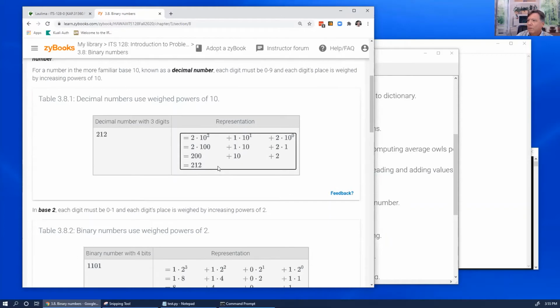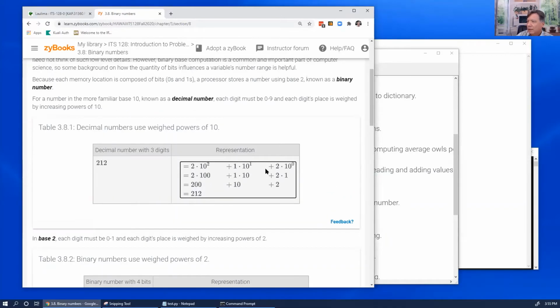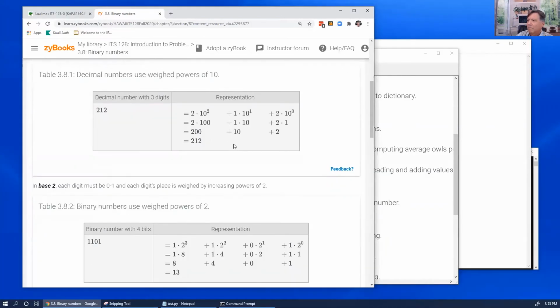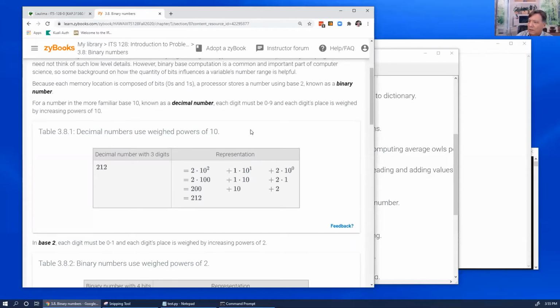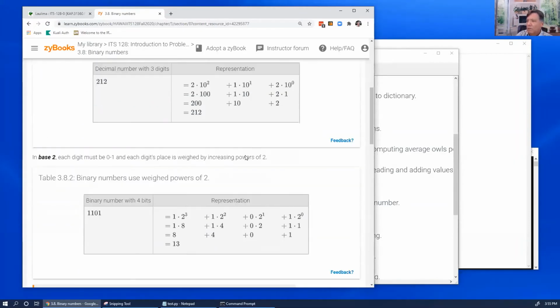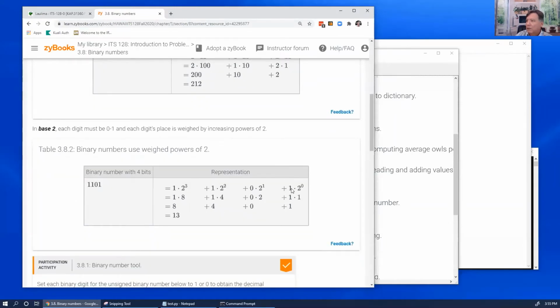Well, the reason this is a 10 is because we do things in base 10. You know, we have 10 single digits, 0 through 9, and then after that we start combining them to bigger numbers, to larger values. Well, in base 2, there's just 2 digits. There's 0 and a 1. And so it's 2, not 10. So it's 2 to the 0, 2 to the first, 2 to the second, 2 to the third. So 1101 is